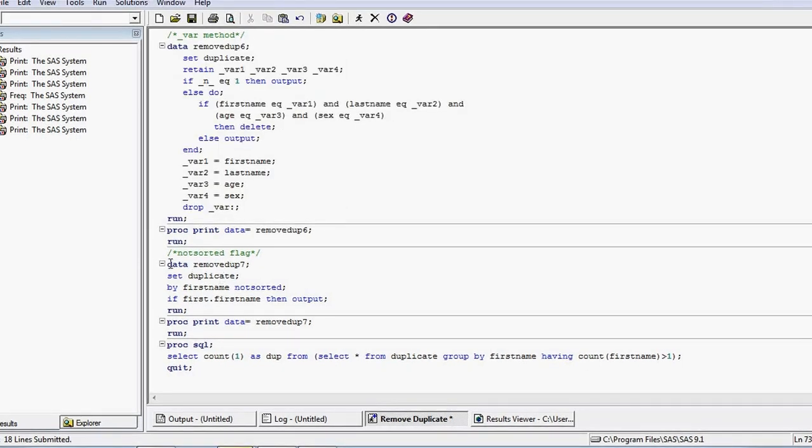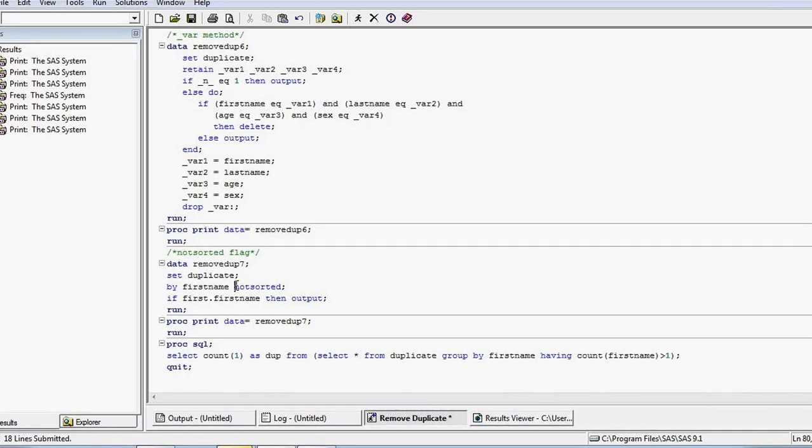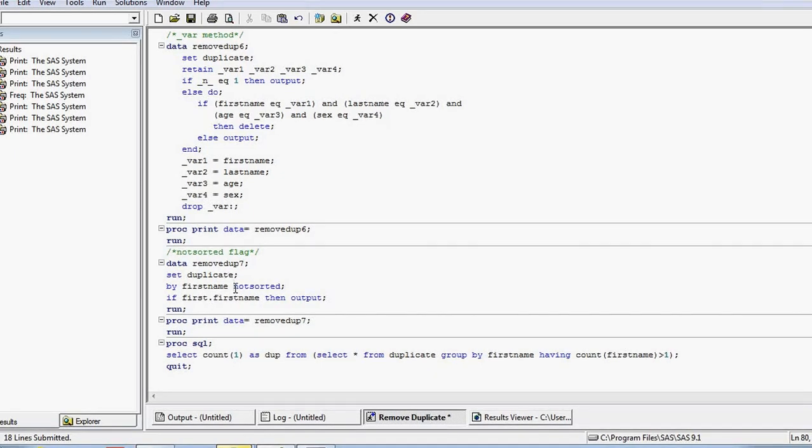The last is very simple. Data remove 7 set duplicate by first name not sorted. Now this not sorted is the different keyword here. Not sorted means we don't have to sort this duplicate dataset to use this technique, because when we use this not sorted, it's going to set up a flag in the system that the data is sorted.